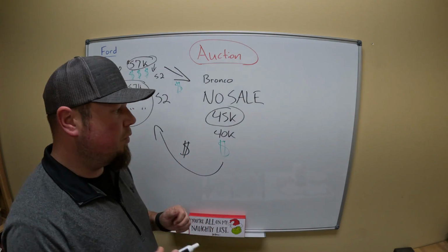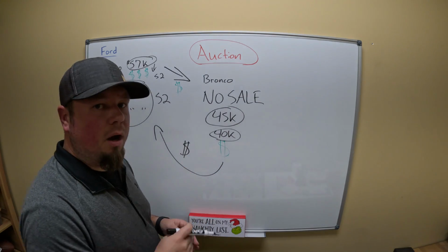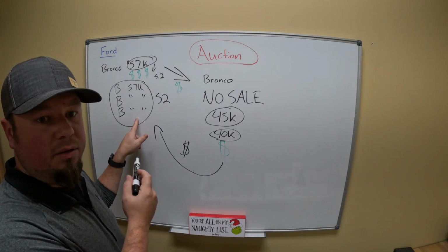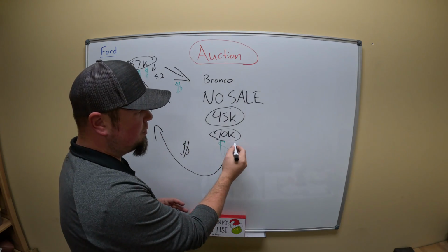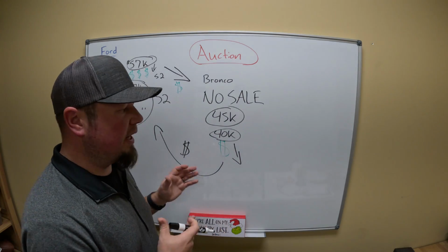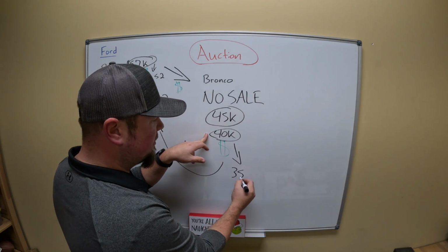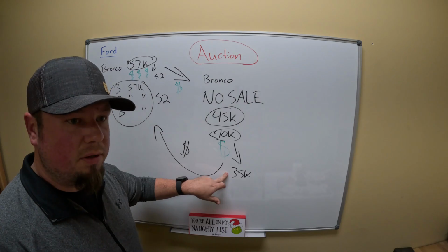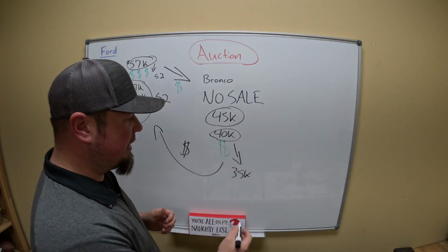So if these dealers are unwilling to take less than this amount for this vehicle at this auction, and they are unwilling to take it back to their lot, then what's going to end up happening is it's going to sit there. It's going to cost them more money until eventually there's a point where they're just going to have to take basically whatever it brings. And as the used car market and the new car market get worse, this number that it brings is going to end up turning into $35,000. And that's going to happen probably 2 weeks from now. And if they still remain stubborn, then that's going to be the highest point from then on. And it's probably going to wind up landing somewhere around